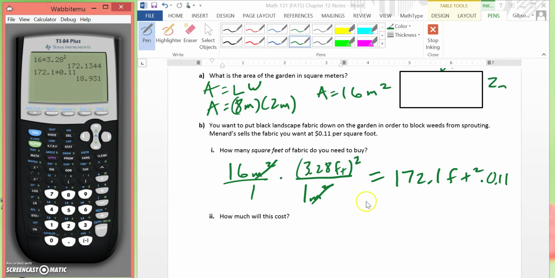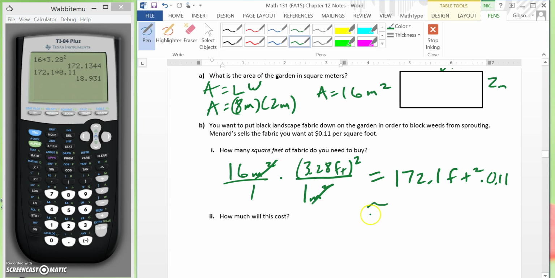That gives us approximately, now what we would need to do is this here. We know more than likely they're not going to give us a partial foot, so it'll be approximately 19 square feet that we need to buy. It says how much will this cost, so we would take 19 and multiply it by